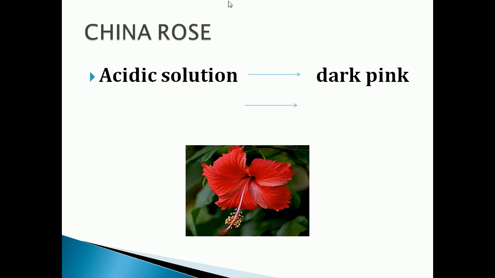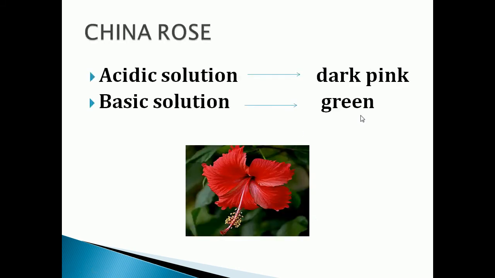In acidic solution, if the substance contains acid, China rose changes to dark pink color. Light pink gets converted into dark pink or magenta. In basic solution, or if the substance contains base, the China rose indicator turns to green color.